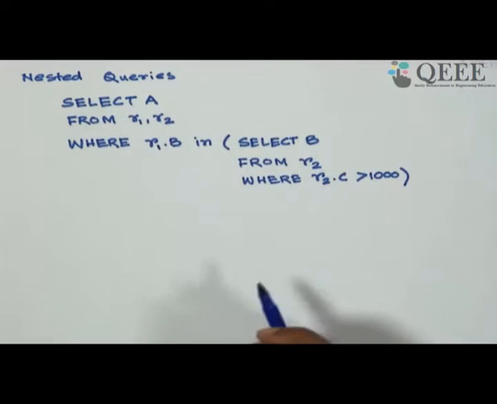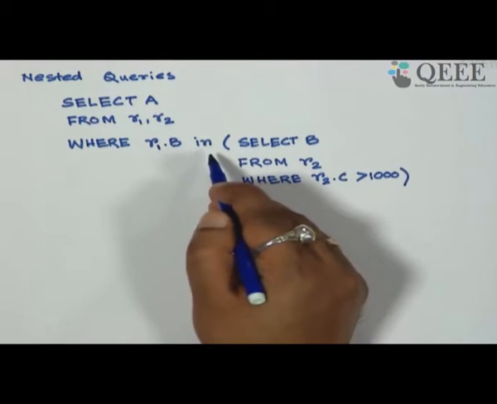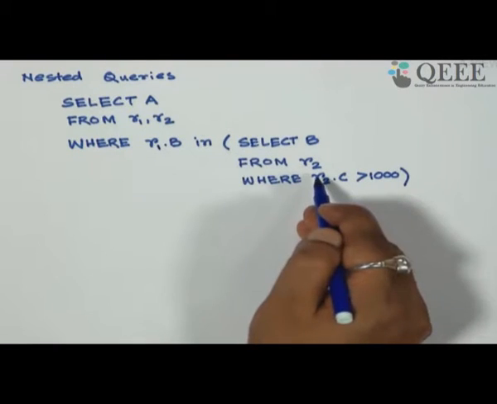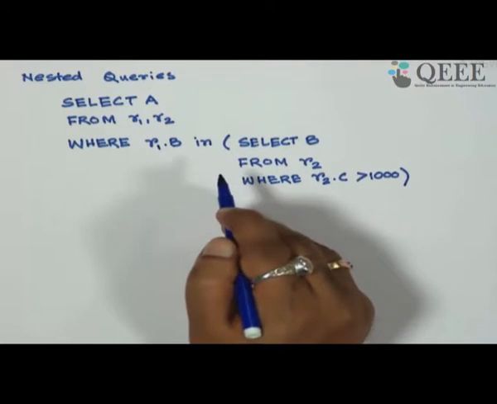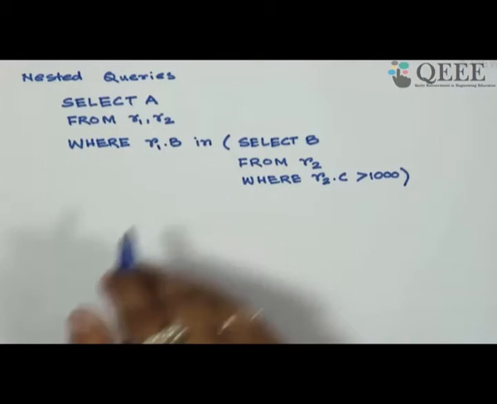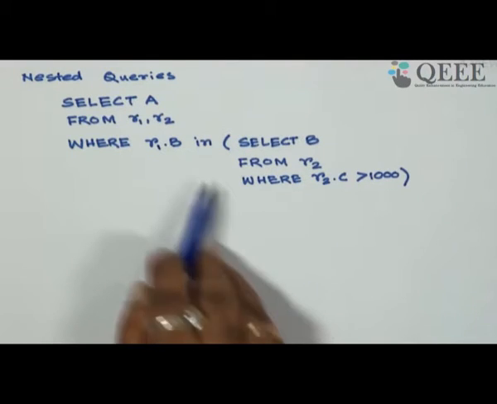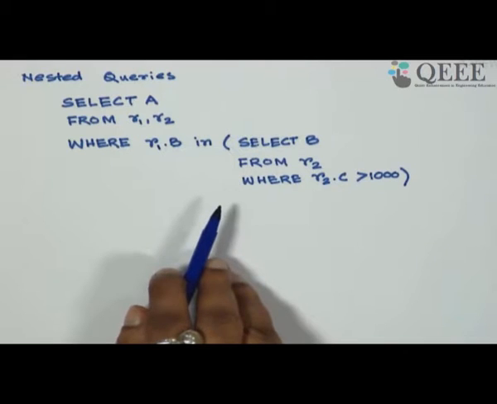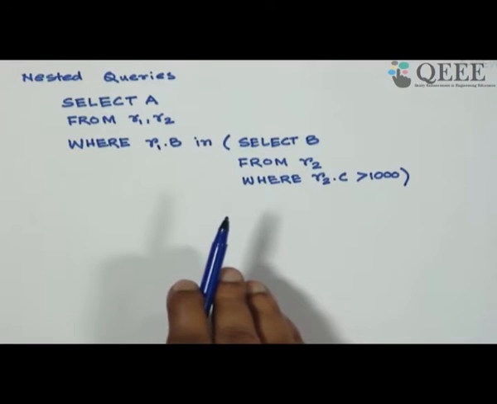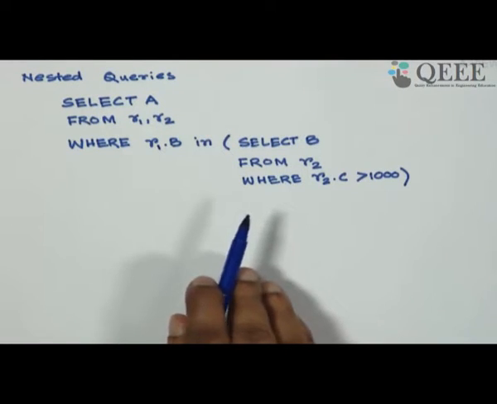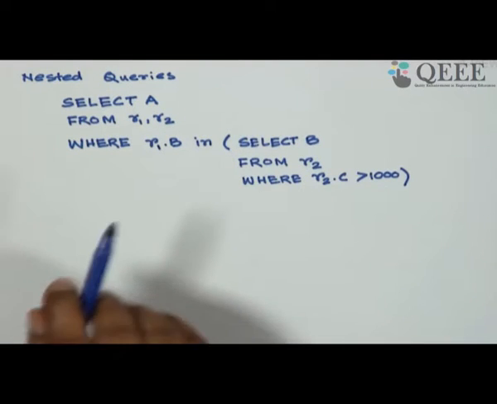There are other forms also. You can have exists, not in, and greater than any, like R1.B greater than any of these B's. You can have several forms. The actual use and definition of all these are given in my slides, and I think you will be able to understand them from this basic description. For the sake of time I am not going through them. If you still feel I should explain them, please ask me a question and I'll explain them in detail.